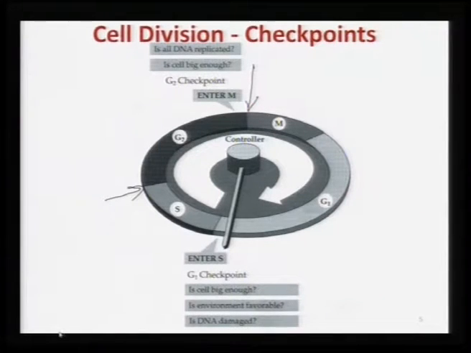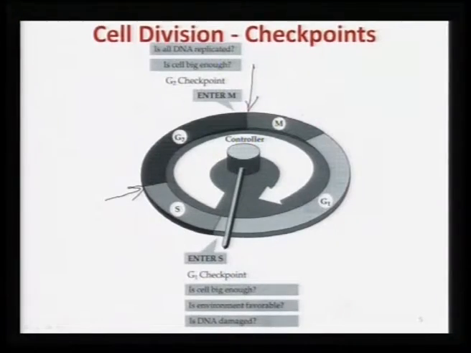So, what this checking shows is that before you enter M, the cell will check itself whether all the DNA which was available is replicated. Suppose that initially the DNA was small n. So, the amount of DNA would now be 2n, right. If all the DNAs are replicated, then the cell will simply enter the mitosis phase and then divide into 2 daughter cells. Okay. So, this is the G2 checkpoint.